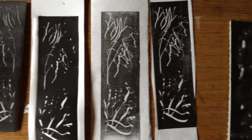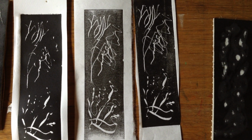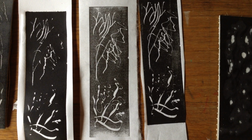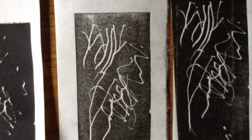So that's why I like the middle one, which is the hand printed one, because you've got all the detail. It may not be a rich black. If you're wanting a rich black, then you go for the one under the press, high pressure. But I like the actual details you can pick up. And you know, all these lovely little zigzags here